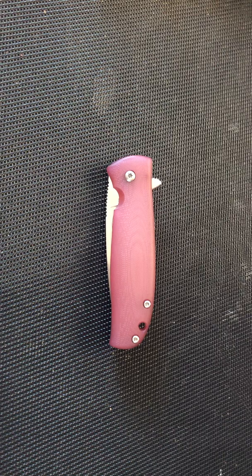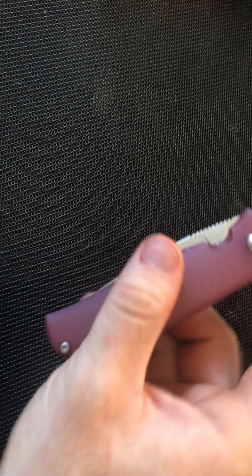This is my second Skaha. This one again is kind of a safe queen. But if you can manage to get them from the actual manufacturer, which they do come available every now and again, there's a bit of a wait. Normally it's about a year. It's about $200. For the quality, for the fit, the finish, and the action,